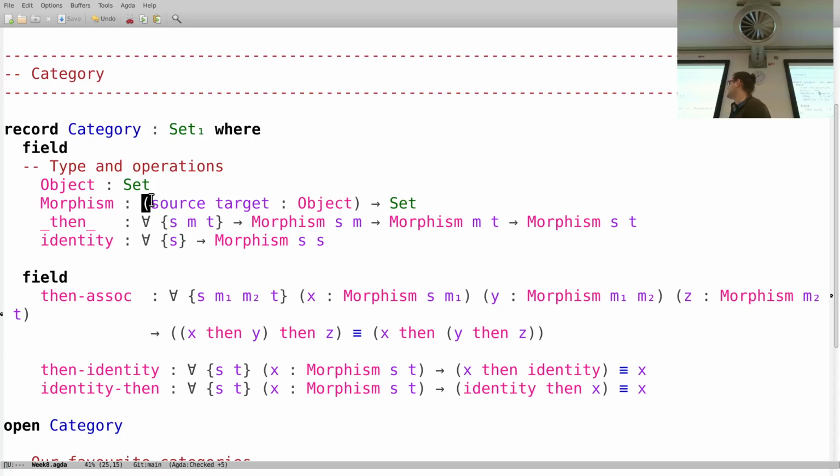Now there's just this extra constraint that they need to agree on where the first ends and the second one starts. And then the source of the first one becomes the source of the composition of them both, and the target of the whole composition is the target of the second one. So it's really formalizing that idea of composing paths along a set of values. And then we saw that